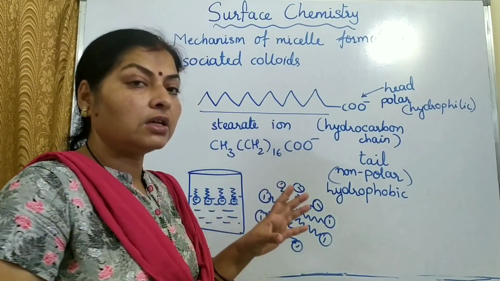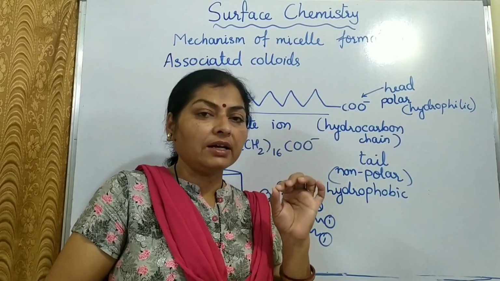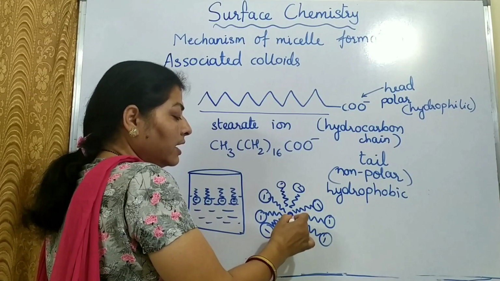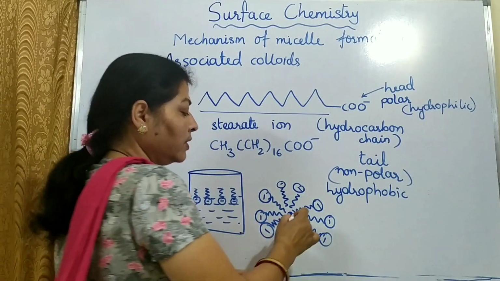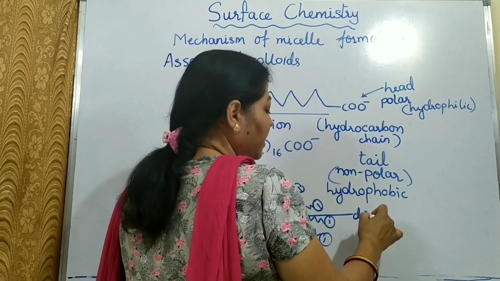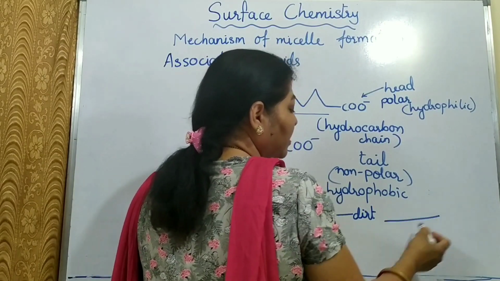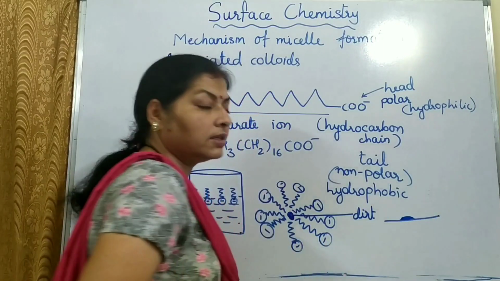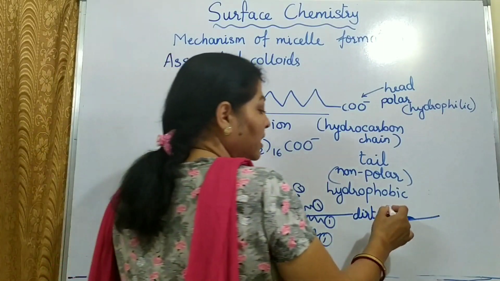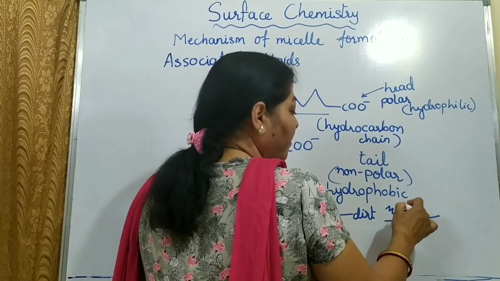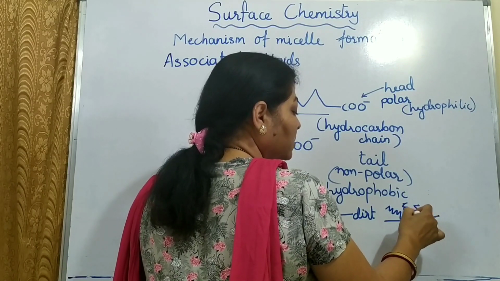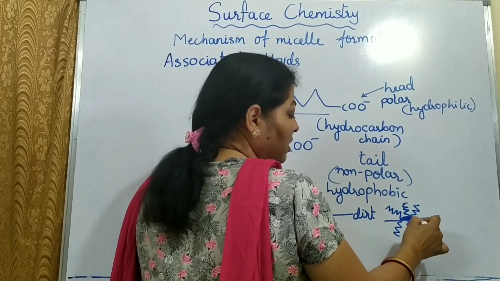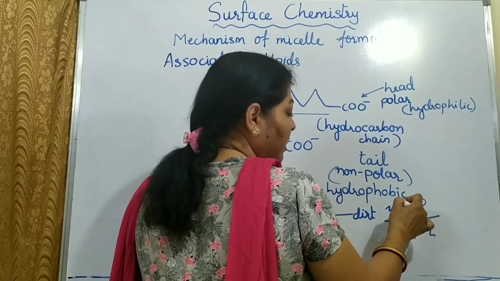So there is oil particles or grease particle on the dirty cloth. So all the tails will get attached to this dirt. This is suppose dirt particle, or in two dimension if we say, then suppose this is a dirt particle on the surface of the cloth, then all the tail of the soap molecules will get attached to this dirt, and these tails, they are ending into